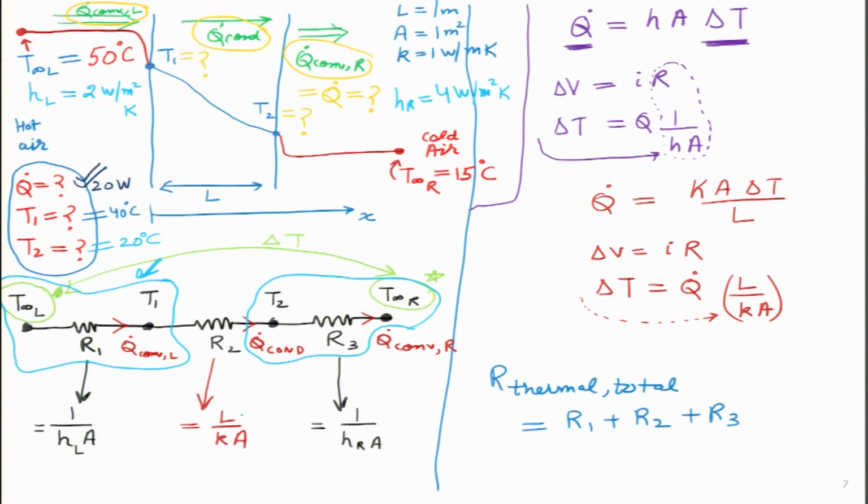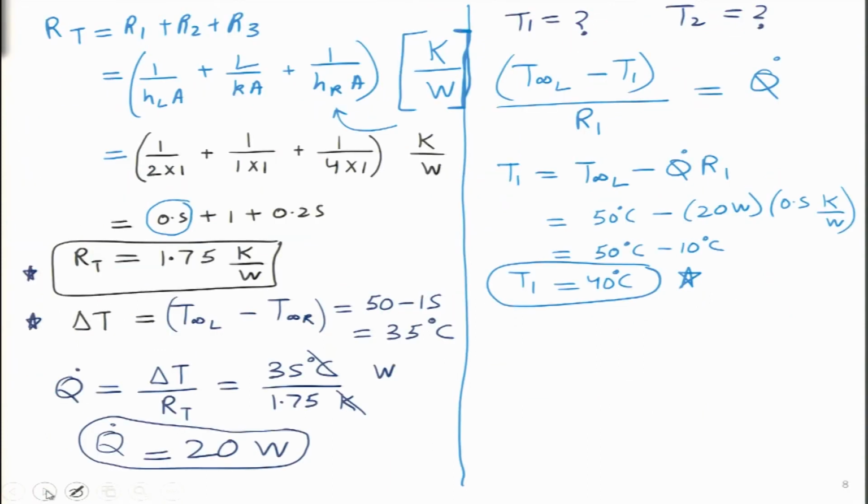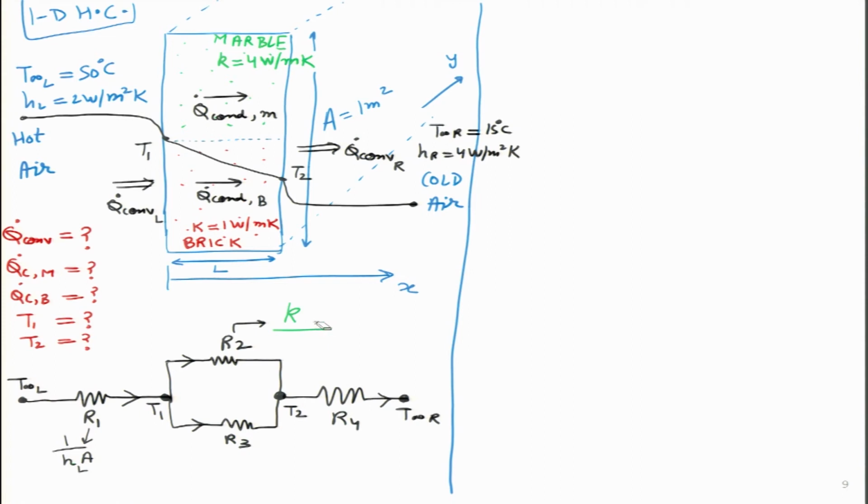Then we have seen, sorry, it is not K, it is L by KA. So, I will start writing L in the numerator and then K marble in the denominator. What about A? Is it A actually or A by 2? Because now only half of the marble is consuming that area. The area for marble is actually 0.5 meter square, because only the top portion it is taking, and the area for the brick portion at the bottom is 0.5 meter square. So, essentially I have to divide by 2 over here.